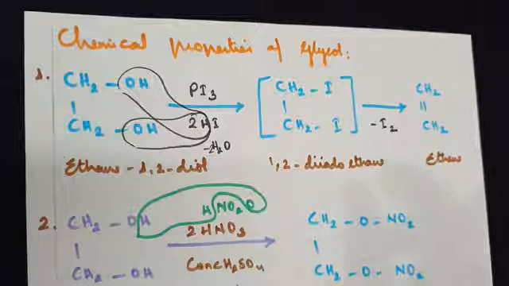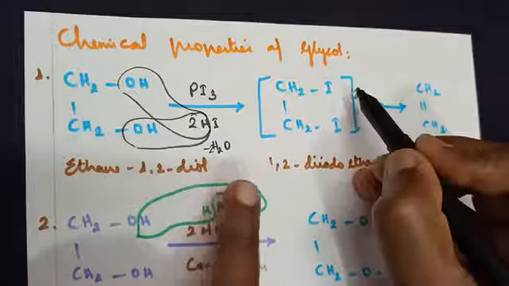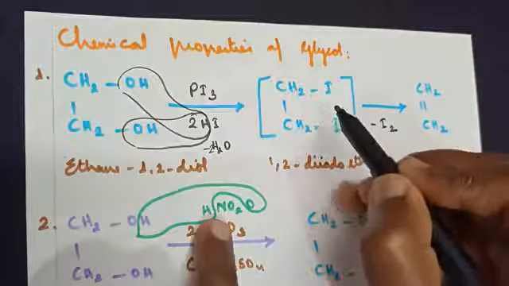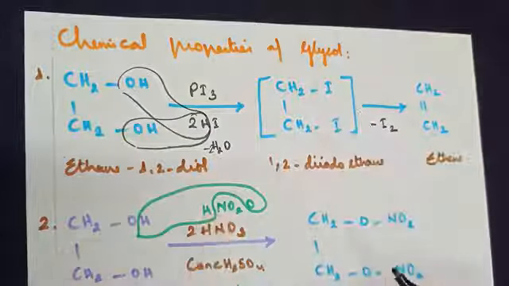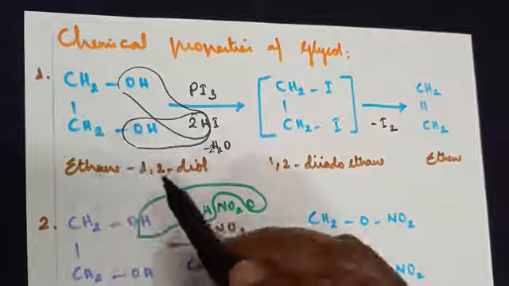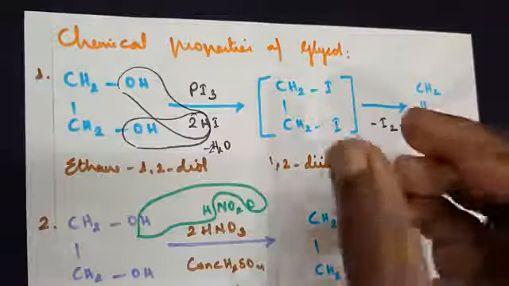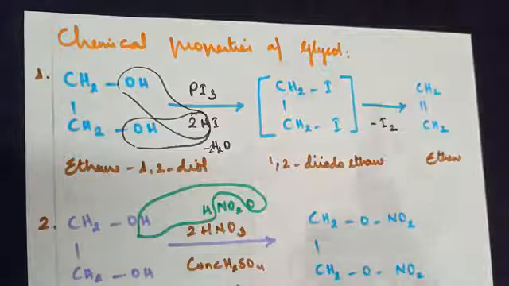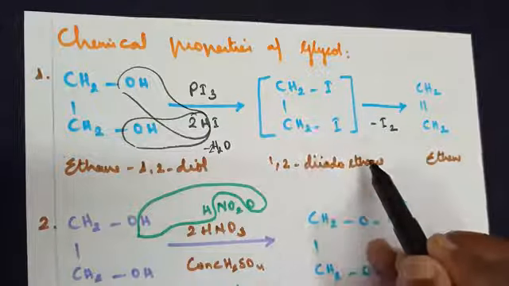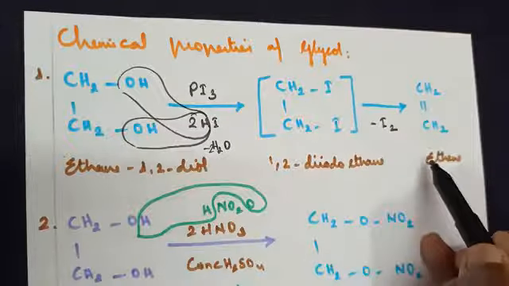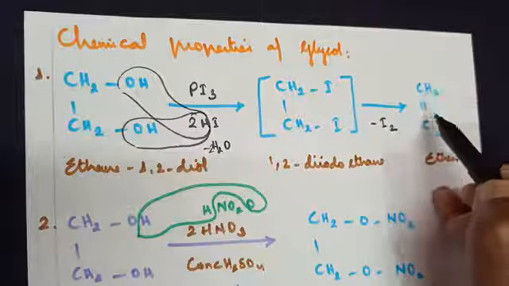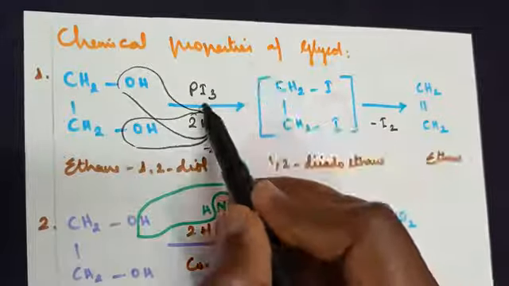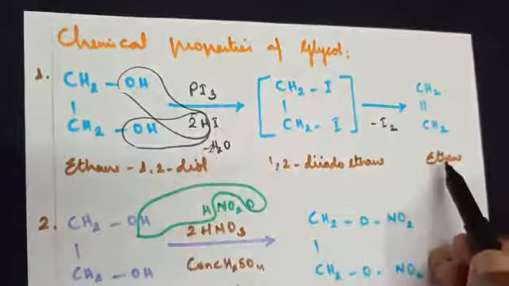Regarding organic chemistry, keep a clue in mind. When you see any product written within square brackets, it stands for an intermediate compound or an unstable compound. In converting ethane 1,2 diol to ethene, an unstable product is formed in between, and that is written within the square bracket. Further, when we treat 1,2 diiodoethane, an iodine molecule goes out and we get ethene, that is CH2 double bond CH2. It's an easy one. All you need to remember: glycol, when you treat it with phosphorus triiodide, we get ethene.